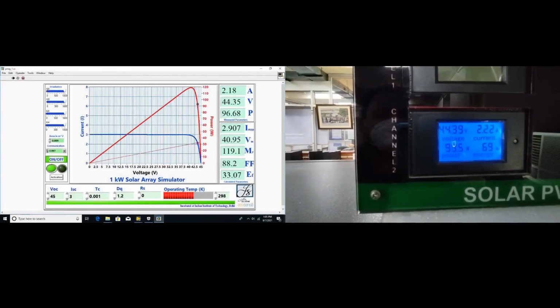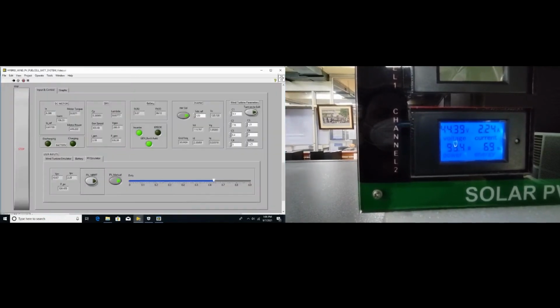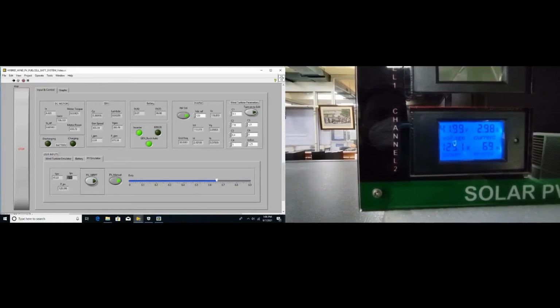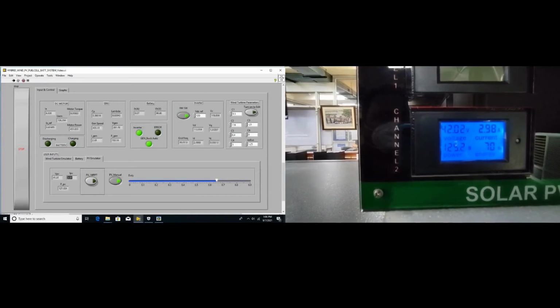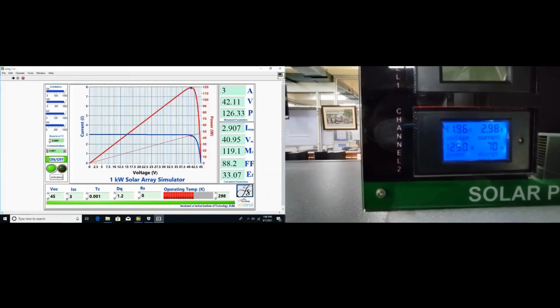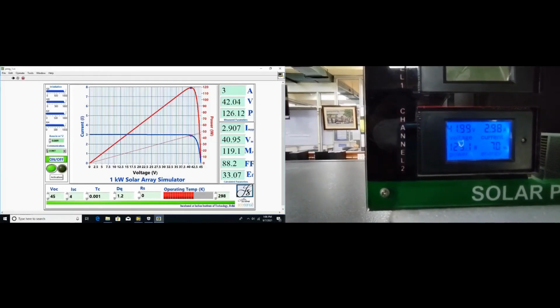So right now, almost 100 watts of power from PV emulator is going towards the grid. Now 125 watts of power is going towards the grid.